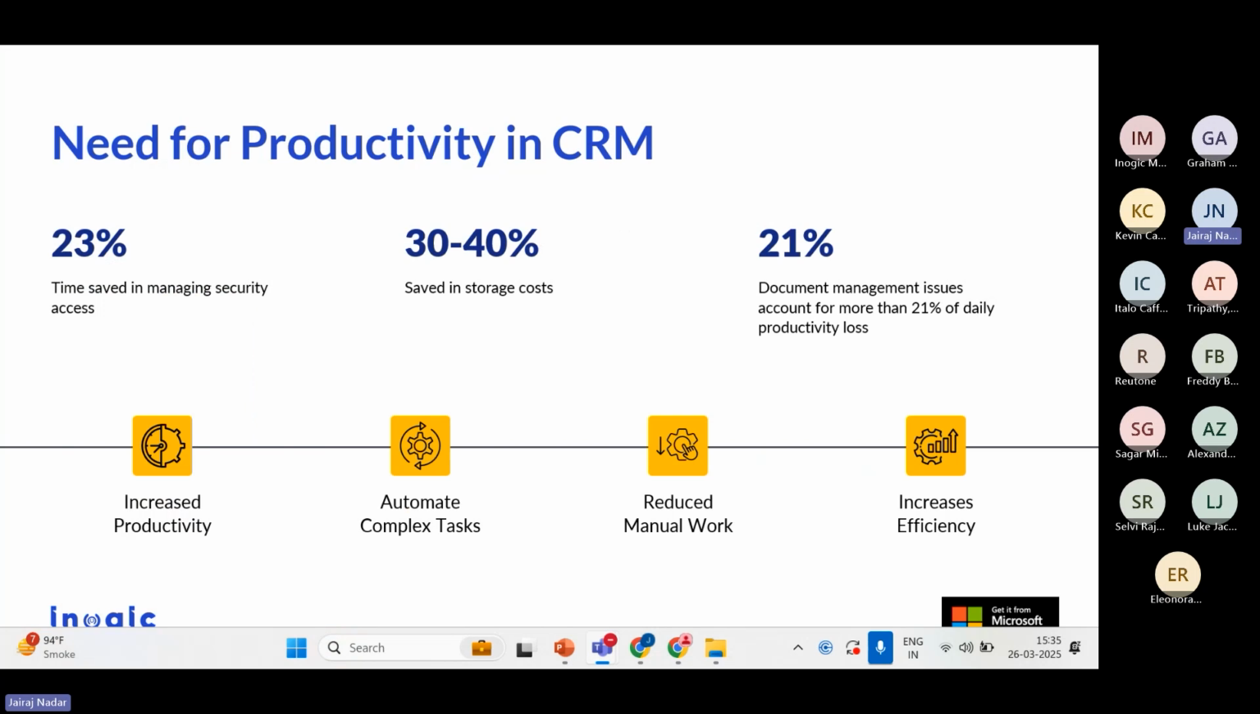Now, let's start with how you can increase productivity in the CRM. The stats that you see on the screen show 23% of time saved in managing security access. By implementing the security model into your CRM, as in many cases SharePoint plays a major role in managing all of your documents, unauthorized users should not be able to access any of the files that are in the repository. Once you implement the solution, you can really save time in managing those security accesses. And yes, 30 to 40% of cost is saved in terms of implementing